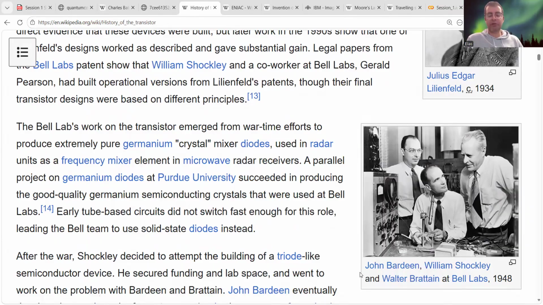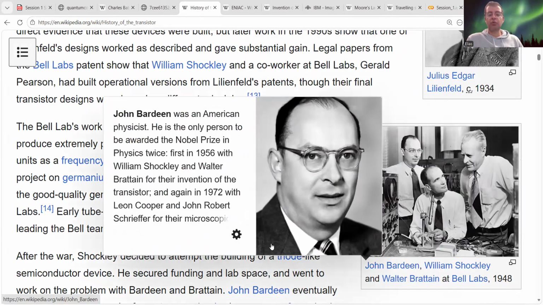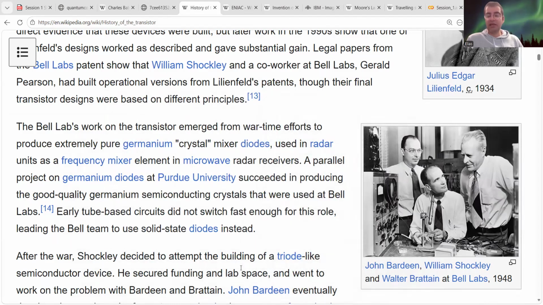You probably already know John Bardeen, William Shockley, and Walter Brattain, who worked at Bell Labs. So now we have a device that is like a switch: by providing electric current, we can turn it on and turn it off.